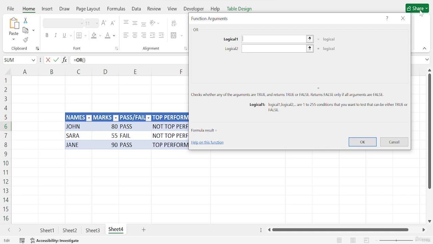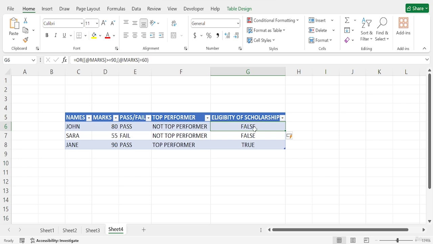So we have to create some logical conditions here, like, let's say, this number is greater than or equal to 90, and I add another condition, which is, let's say, this number is equal to 60, and if I press OK, as you can see this is actually true.